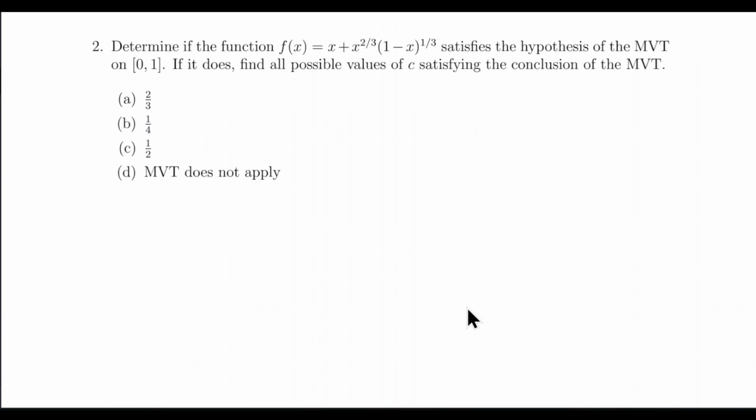All right, determine if the function satisfies the hypothesis for MVT. If it does, then find all the possible values of c satisfying it. Okay, MVT is what? There's just one condition of Rolle's that is not in MVT, which is f(0) equal to f(1). That we don't care about. We just care about whether it is continuous on the closed interval